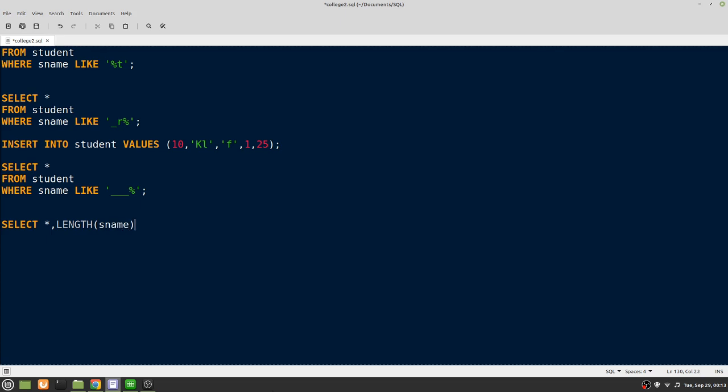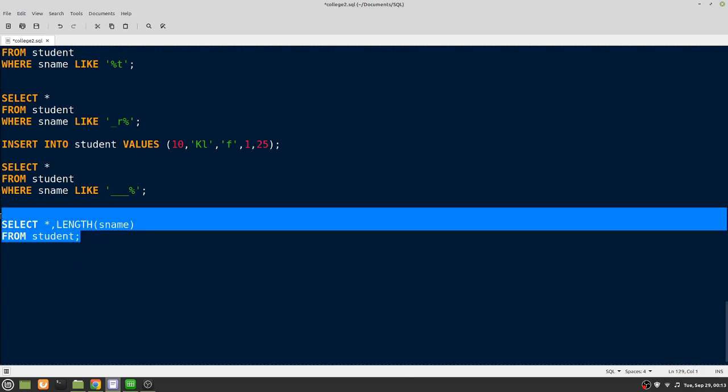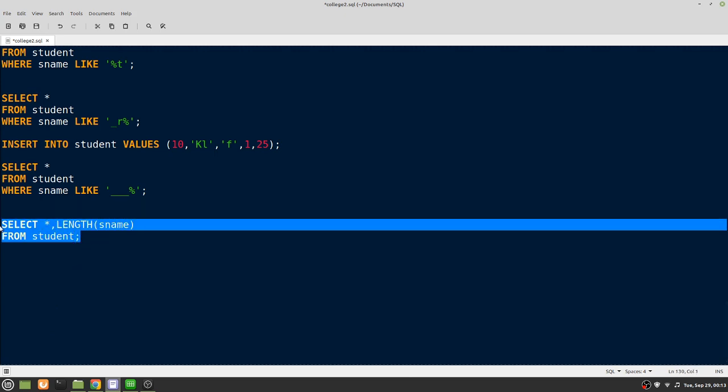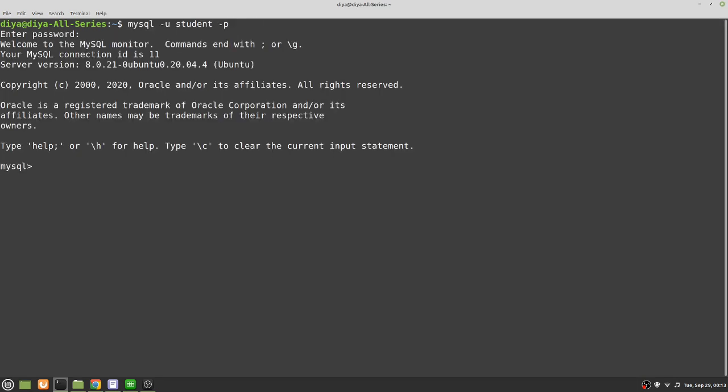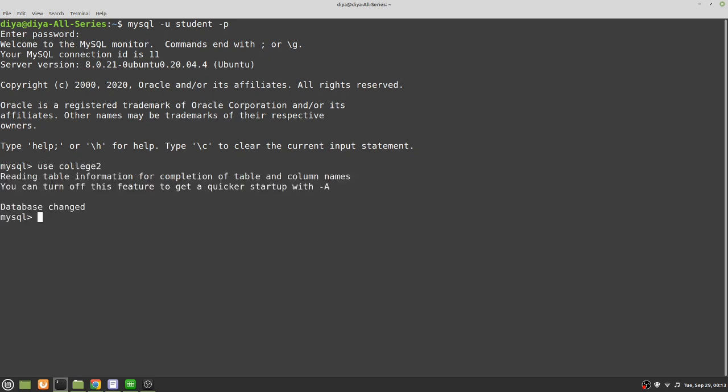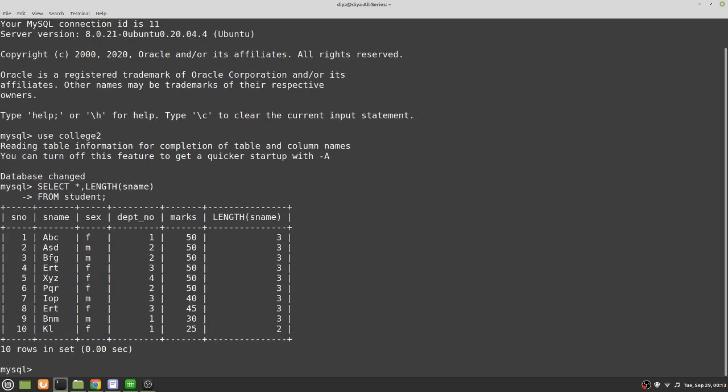So length of SName from student. Okay, so if I copy this and try this out in a MySQL terminal, first we have to connect to the database college2 and then try this one.